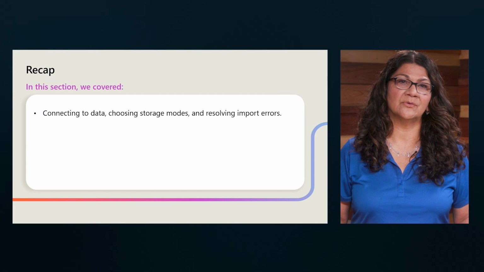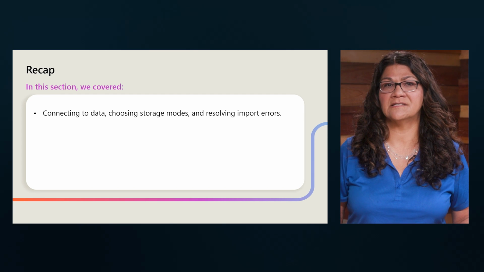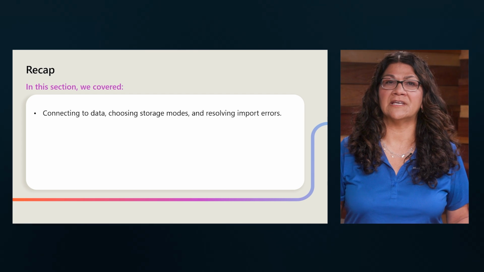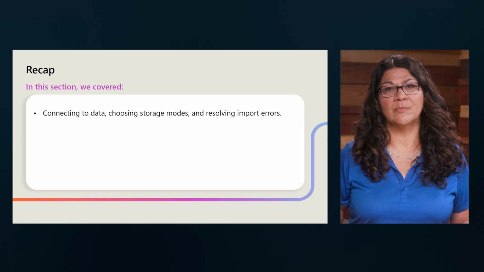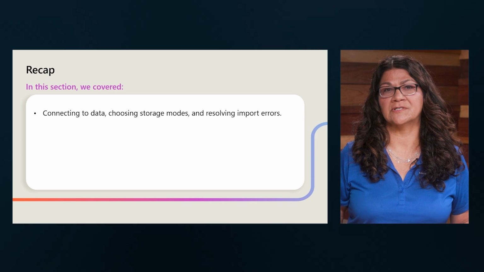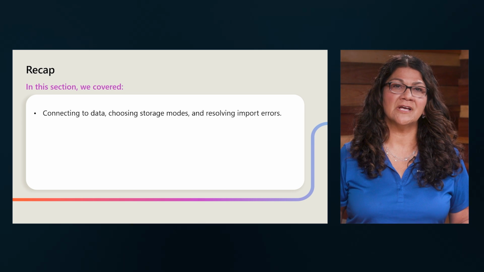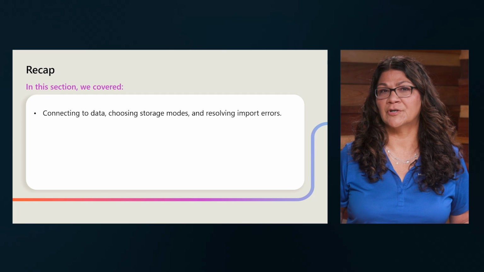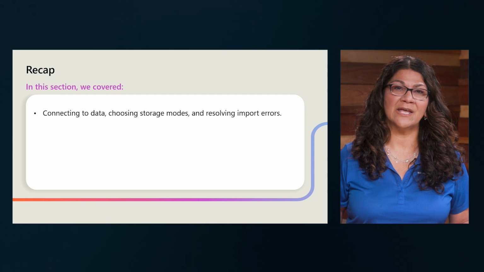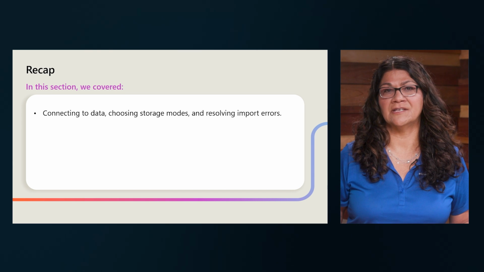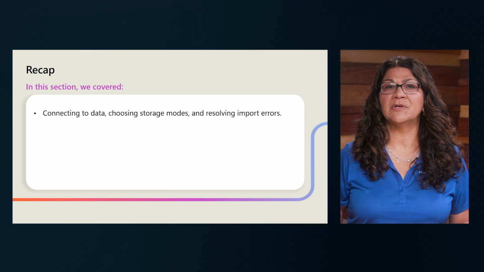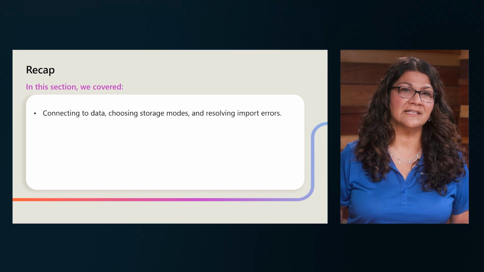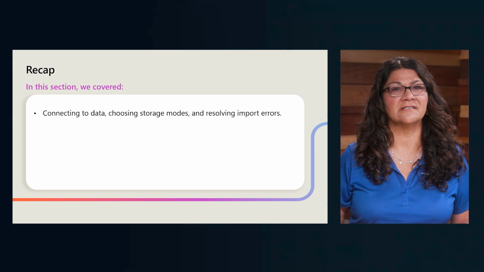To recap this section, we talked about connecting to data to start the extraction portion of the ETL process. Remember that there were many options for data sources in Power BI. We also talked about how to choose a storage model, with import being the preferred option, while direct query can be used for very large data sets and near real-time refreshing. Just be aware of its limitations. Lastly, we looked at some very common data errors and how to resolve them. I hope you enjoyed this section. See you in the next section.